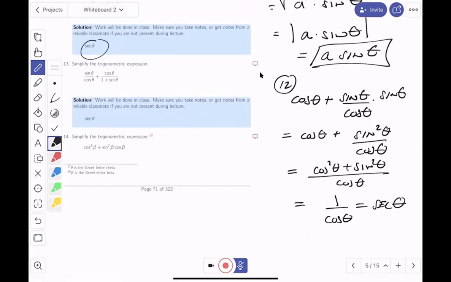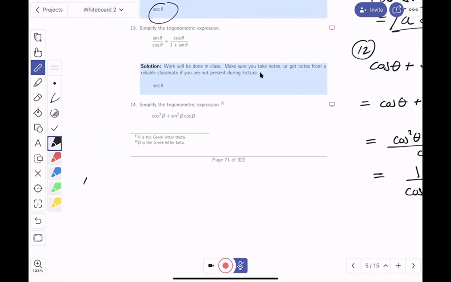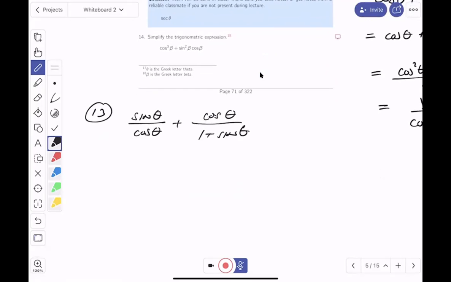And number 13, again, for some students, they look and say, oh, it's really difficult. And I want to really encourage you, we don't give you difficult problems, we give you problems that you can do if you try. Let's write this down, sine theta over cosine theta plus cosine theta over 1 plus sine theta. Well, let's try something a little different this time. I'm going to look at the problem and see if I can get a common denominator. It looks pretty simple to do. And that would be cosine theta times 1 plus sine theta. And this would be sine theta times 1 plus sine theta